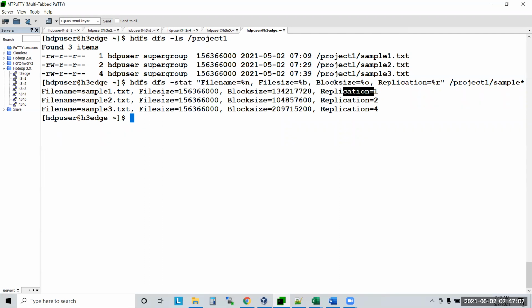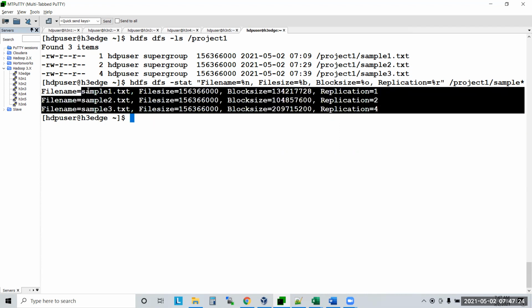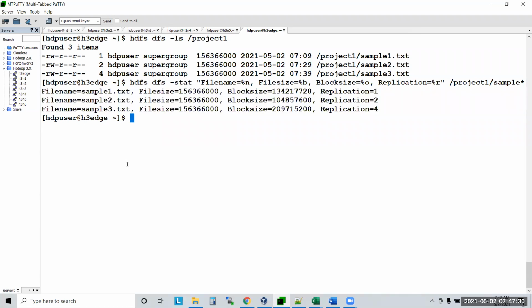Replication 1. For sample2.txt, file size 150 MB, block size 100 MB, replication 2. For sample3.txt, file is 150 MB, block size 200 MB, replication 4. Understood? Yes. You are able to see everything, right? Any questions? Okay, very good, sir.